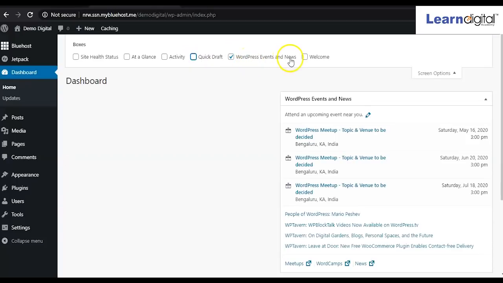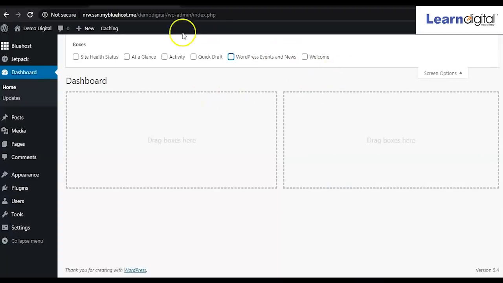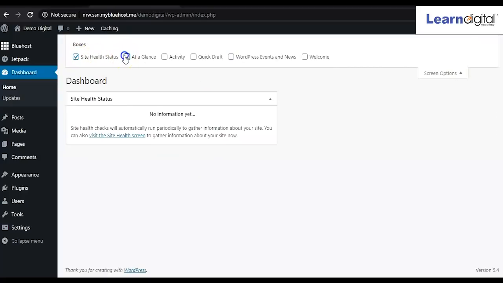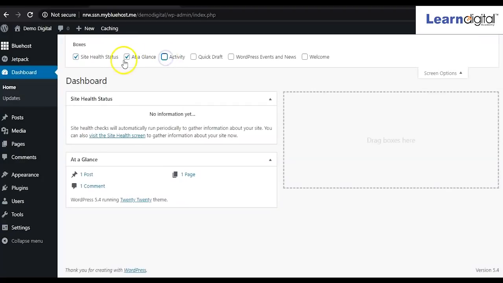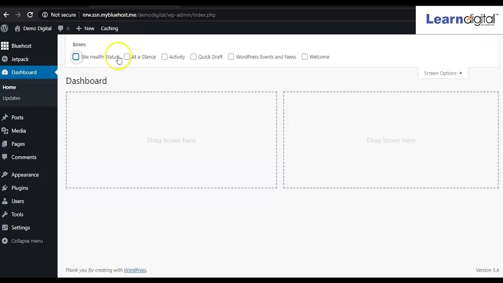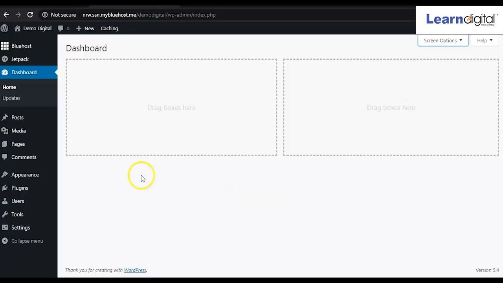So the WordPress events and news, the news and events and other notifications from WordPress that you will be getting, if you want to hide this one, you can hide this one. So now it is totally blank. Fine. And again, if you want to make it active, you have to check this box. So simply it is up to you. So make it totally blank. Fine. Now hide the screen options. Fine.